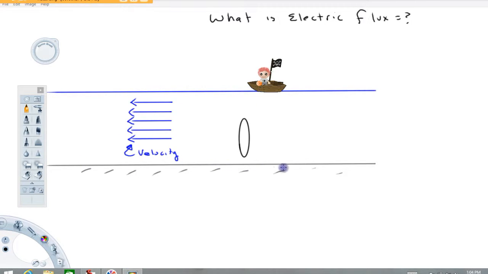So this line represents the bottom of the river. This represents the surface of the river. We've got this young lad here named Timmy, maybe floating down the river in his boat here. Now, if I were to measure the water velocity at any given points, maybe here, here, here, here, and here, right? Those could be described with a vector pointing to the left, and these vectors would describe how fast the